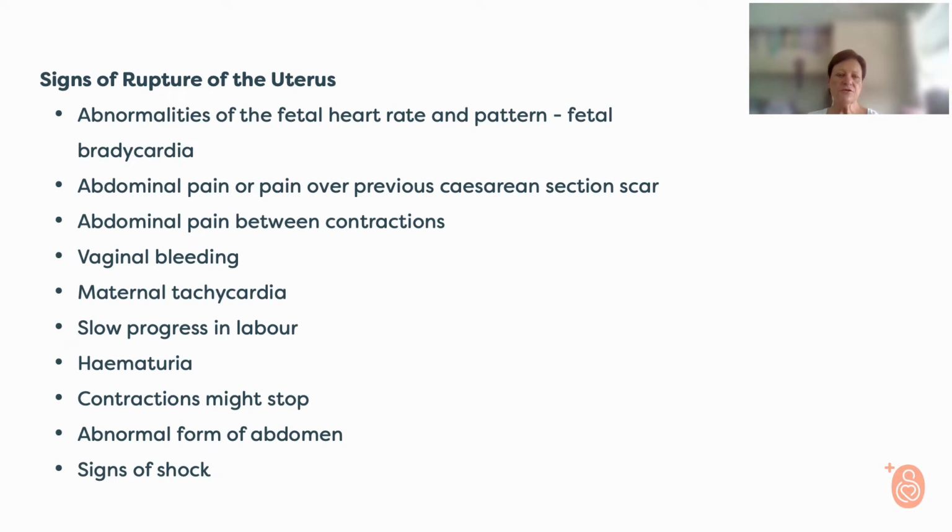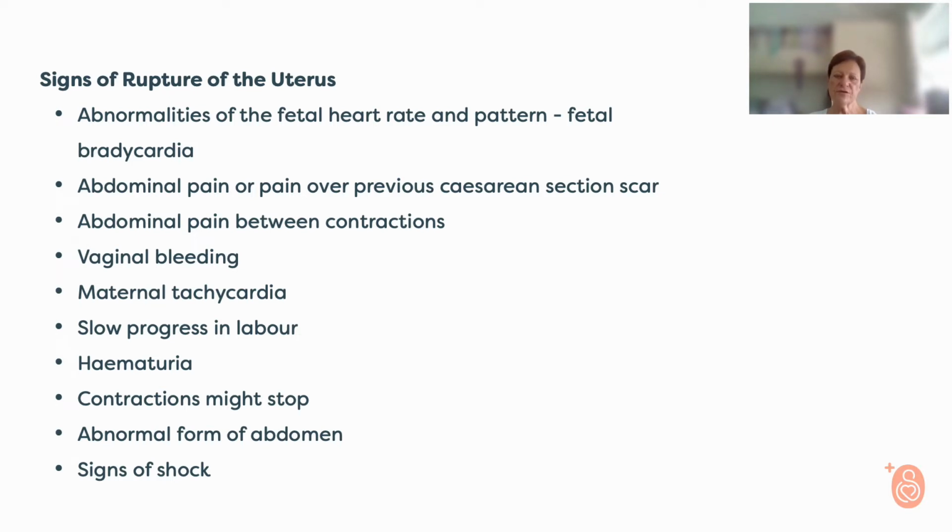Then usually abdominal pain; two types of abdominal pain are very important. The one is a constant pain over the previous cesarean section scar, and the other is abdominal pain between contractions. These are extremely important, again, especially in the case of patients who are having vaginal births after previous cesarean sections. If a patient complains of lower abdominal pain between contractions, please immediately think of a rupture of